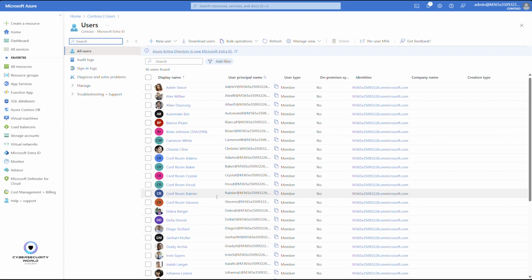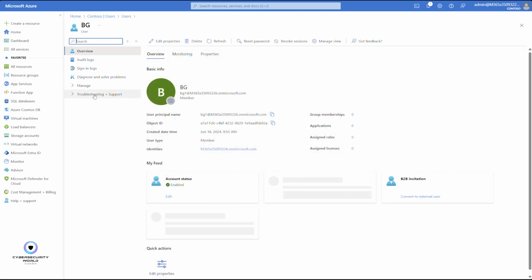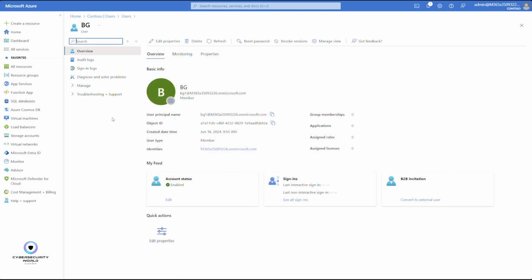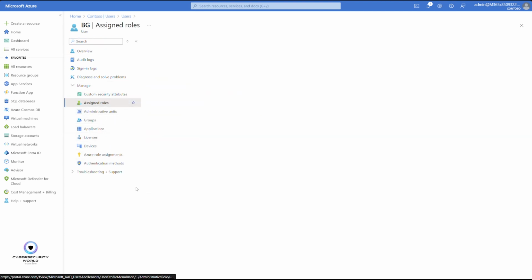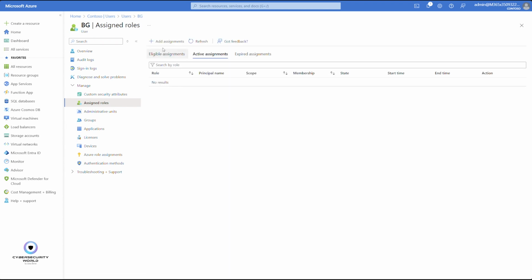So now the account is secured. The next step is to make the account a global admin. So I just refresh it here, open the break glass account, and now I will make the account a global administrator. So I'll go to assigned roles,